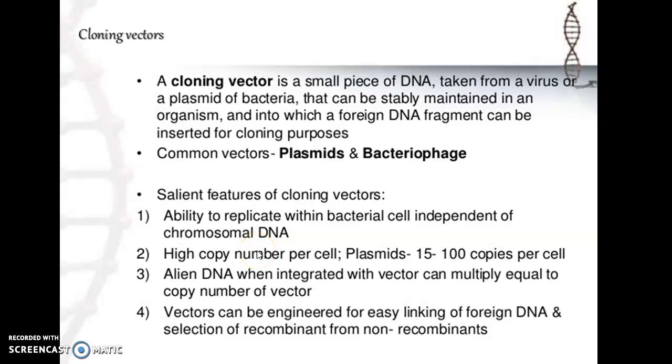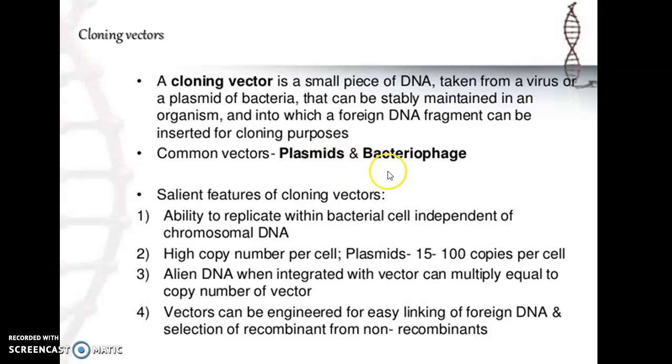We'll continue the session. Another important tool required to do genetic engineering, after the restriction enzyme or different types of enzyme, we have to know about. That second tool is cloning vectors. A cloning vector is a small piece of DNA taken from a virus, or the autonomous self-replicating DNA found in bacteria, which we call plasmid, the naturally occurring DNAs. They are called natural vectors.